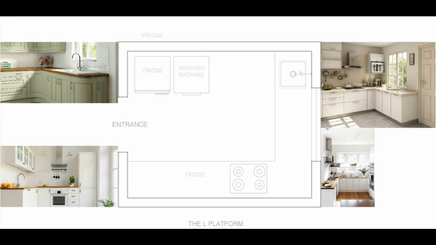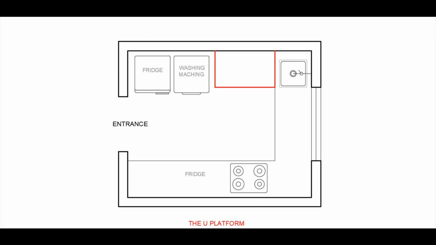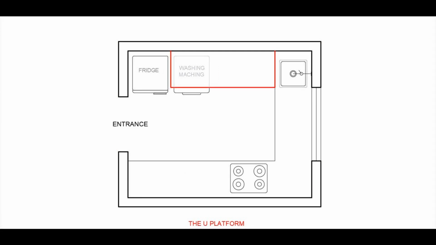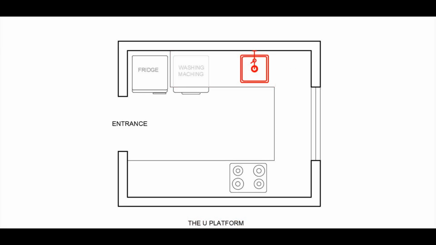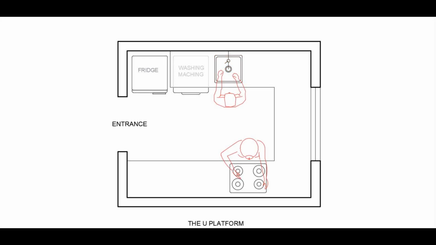Now let us say you need more platform than what you have achieved till now. So we can add an extension on the left wall, converting this L platform to U platform. You also have a choice of extending this over the washing machine. But then you need to decide the height of your kitchen platform to allow enough height for the washing machine to be fitted in well. You need also to move the sink from the corner created towards the left side and maybe slightly more. Now checking comfortable space between the sink and the cooking hob to be able to work comfortably.